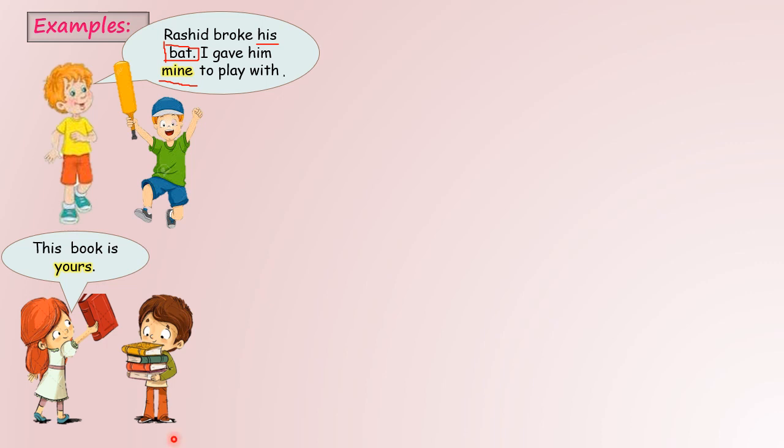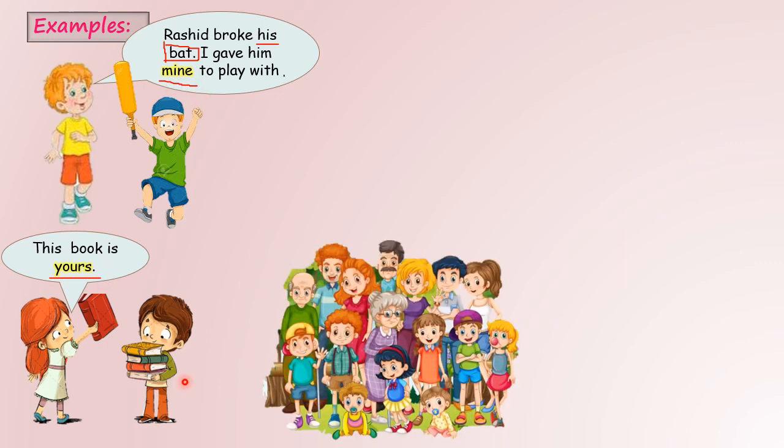This book is yours. Now children, you can see this book is yours. After yours, there is no noun. And it is falling at the end of the sentence. That is why this is possessive pronoun. And children, mind it. Here you will be telling it is not falling at the end of the sentence. Children, as I told you, mostly, generally. Here we can see there is no noun after mine. Is it clear, children? Now see the third example.